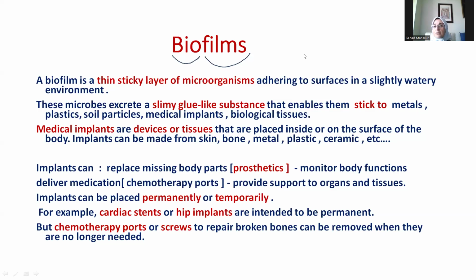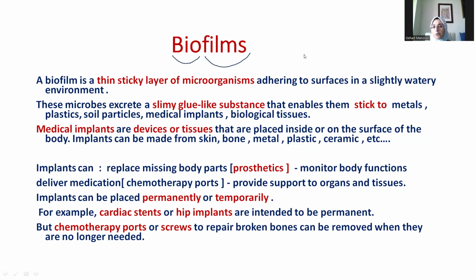We have different types of implants, and every one serves a particular function. Prosthetic limbs or prostheses in general help replace a missing body part that has been amputated, or might be used in total knee replacement or total hip replacement or any total joint replacement, where you remove the original natural joint and put a prosthesis. But the second use is to monitor or control body functions, or whatever medical function.